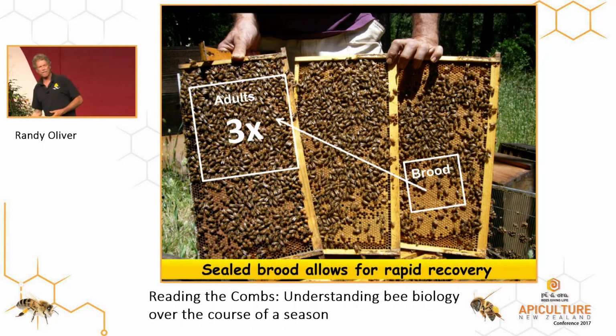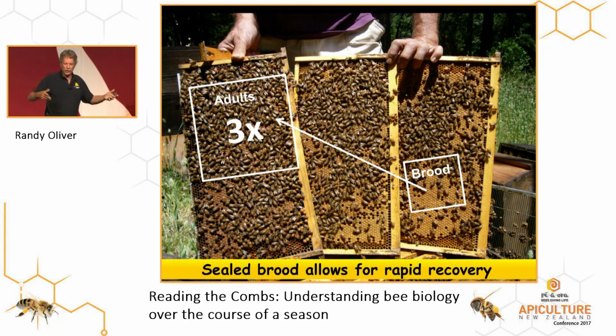So in a swarm, you can have 50 to 70% of your adult bees fly out of the hive, and a week later you don't even notice it, because the bees coming out of the sealed brood, along with their varroa, now repopulate the hive. This also is the most rapid time for varroa buildup. The R value, the intrinsic rate of reproduction for varroa, is the highest at this point in time, just at swarming time, when they're rearing a lot of drone brood and they have a very high pupa to bee ratio.